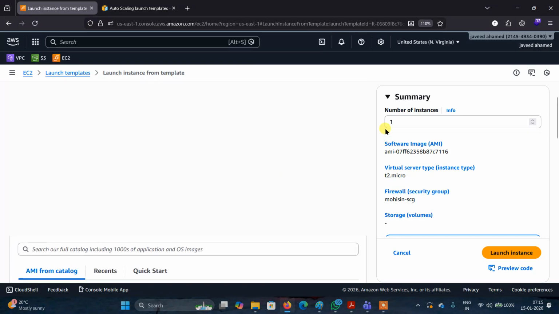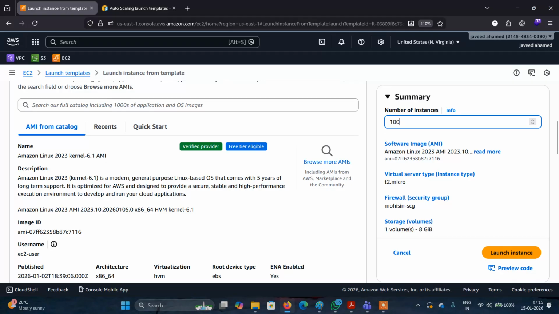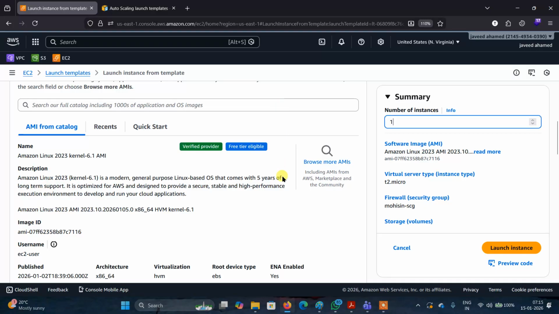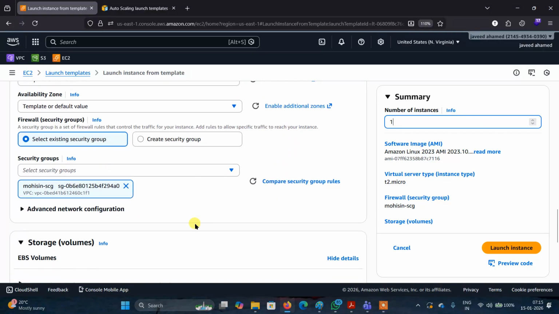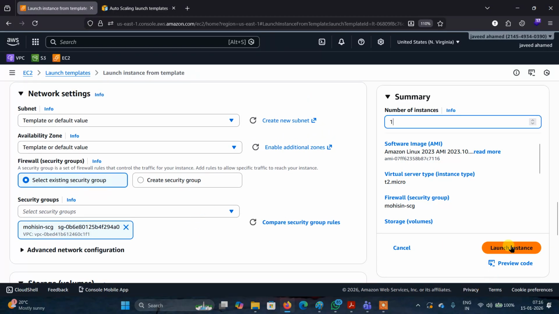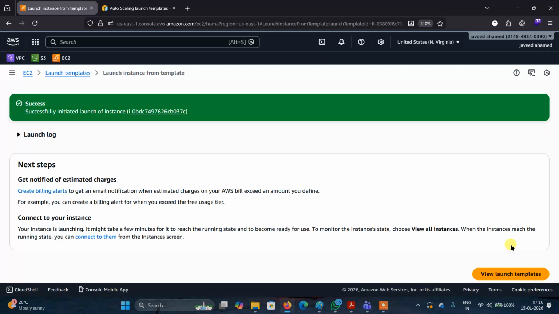Understand? If I want to create 1,000 instances at a time, I can create 1,000 instances at a time. We don't need to select everything. It will automatically select with a single click only. Just right click and launch the EC2 instance, then the instances will be created automatically. You don't need to select what is my AMI, my security group, instance type, key pair, network setting, subnet. You don't need to select anything. Everything will be automatically selected. Just click on launch instance, then the instance will be launched. It was already selected, already predefined.